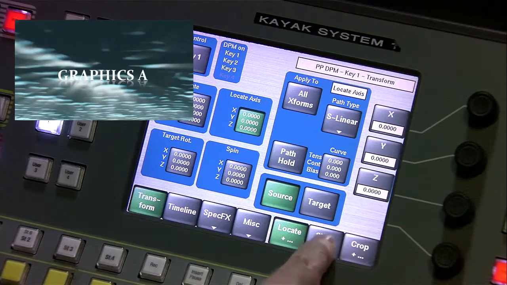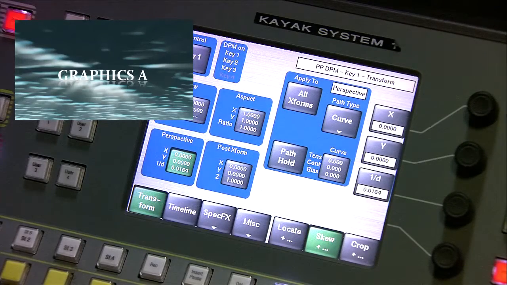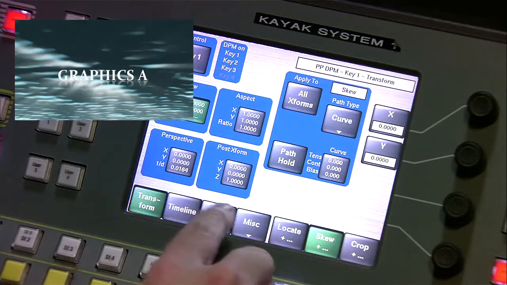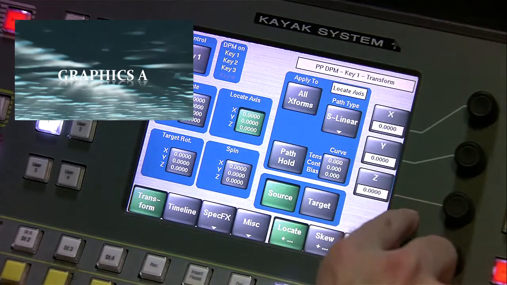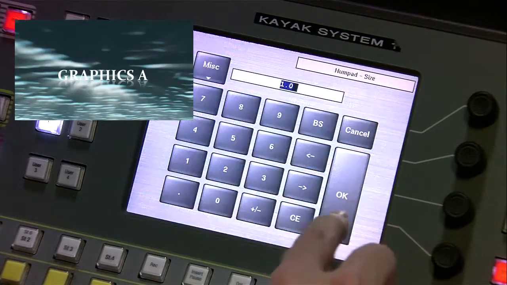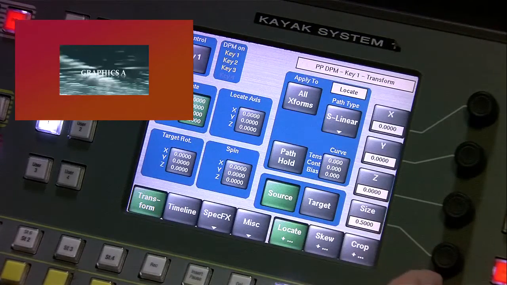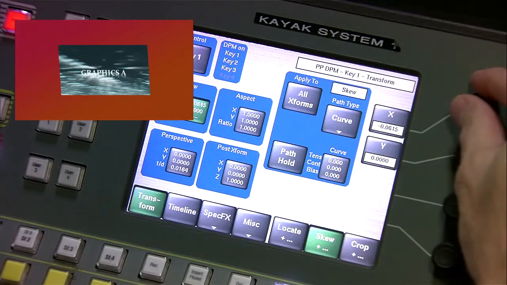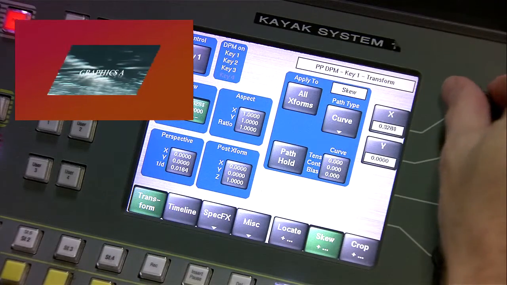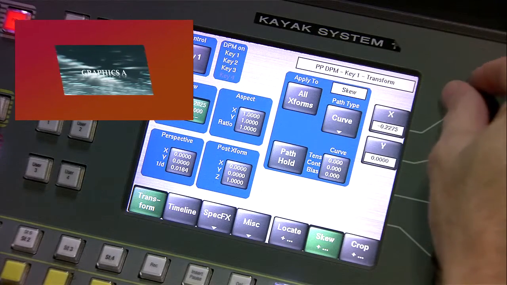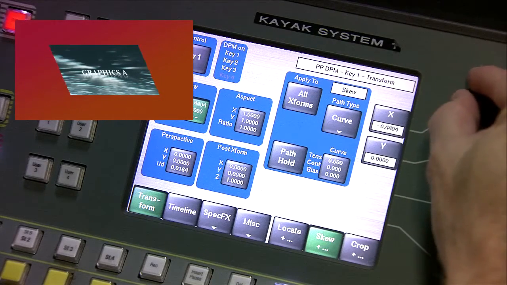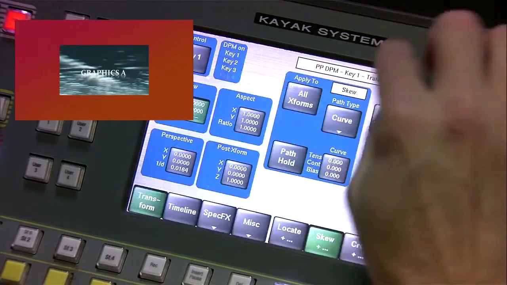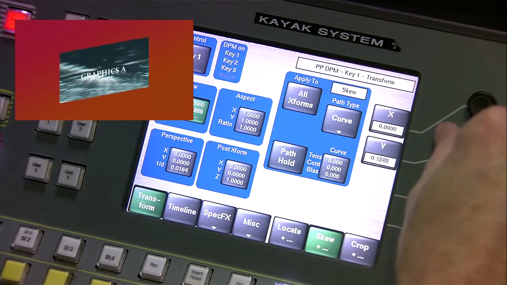Skew is pretty easy. It doesn't take very long to check it out. It is as you would think. Let me real quickly go back, and I'm just going to move this to a size again of 0.5. We can kind of see what we're doing. There we have it. Now we're going to skew X. You see the top and the bottom stay in the same place. They just slide back and forth. Now when we do Y, you're going to see the sides stay in the same place,